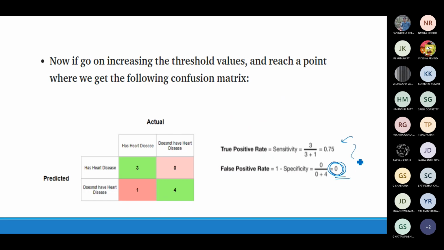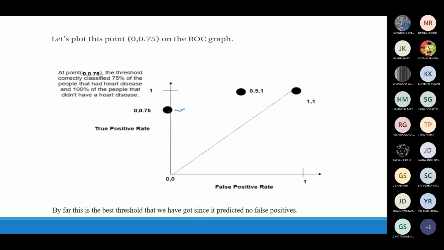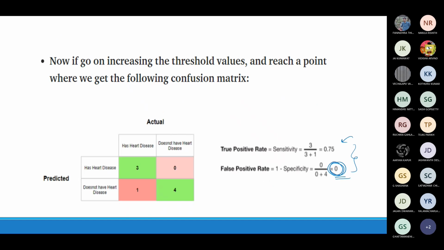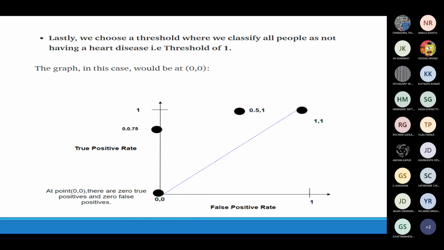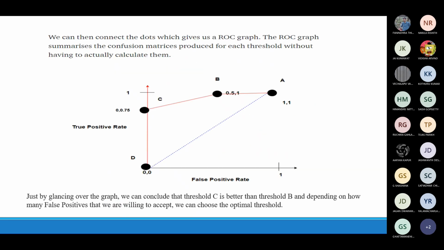So maybe this particular threshold, or this particular value we got, is very good out of the rest of the thresholds that we select. So maybe I will be finalizing this particular threshold for my actual model. So that's how you calculate the threshold, or you finalize the threshold for your model. And similarly, you will be calculating the threshold and connecting the dots. So the dots are connected, and that's how you get different ROC curves.